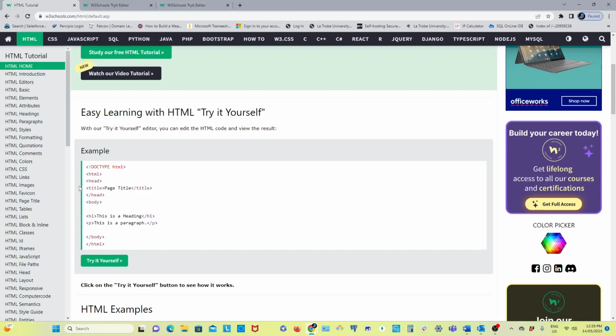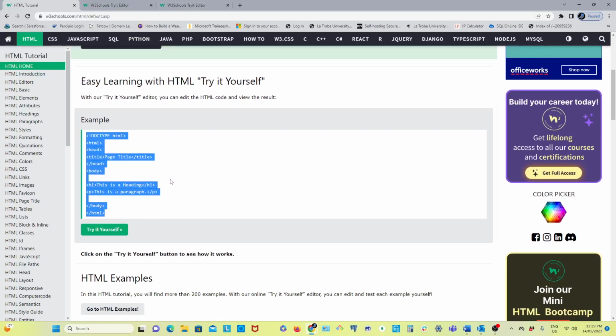Before that, I want to show you something. Here you see this is an HTML document already written here. The first thing you can see here, doctype HTML. What is that doctype? Doctype means the document type. When we write this on the top, doctype HTML, we're telling the internet that this is not a normal document, this is an HTML document. Then the internet understands that yes, this is an HTML document and I have to read it accordingly and show the things. So when you are writing an HTML document, at first we have to mention the doctype HTML using this tag, and after that,